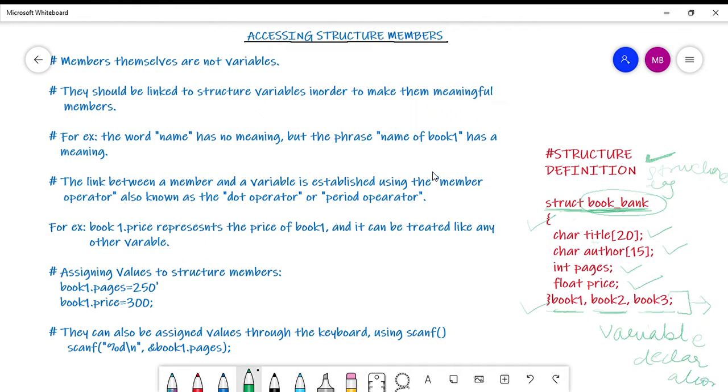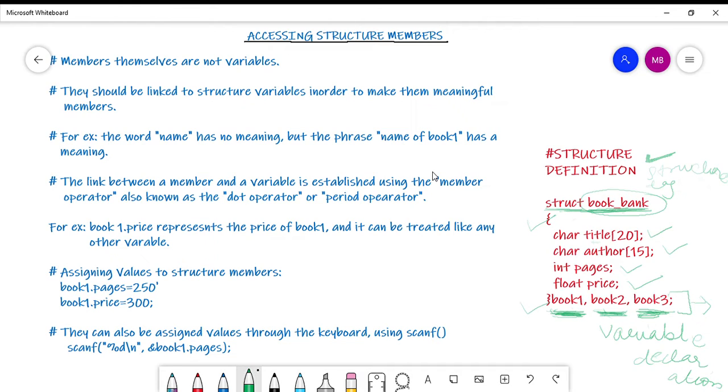Now once I have declared these variables, I would also want to access these variables, quite obvious. So how will I access these variables? If I want to access book 1, which is one variable whose data type is book bank, book 2 is another variable whose data type is again book bank, and book 3 is a third variable whose data type is also book bank.